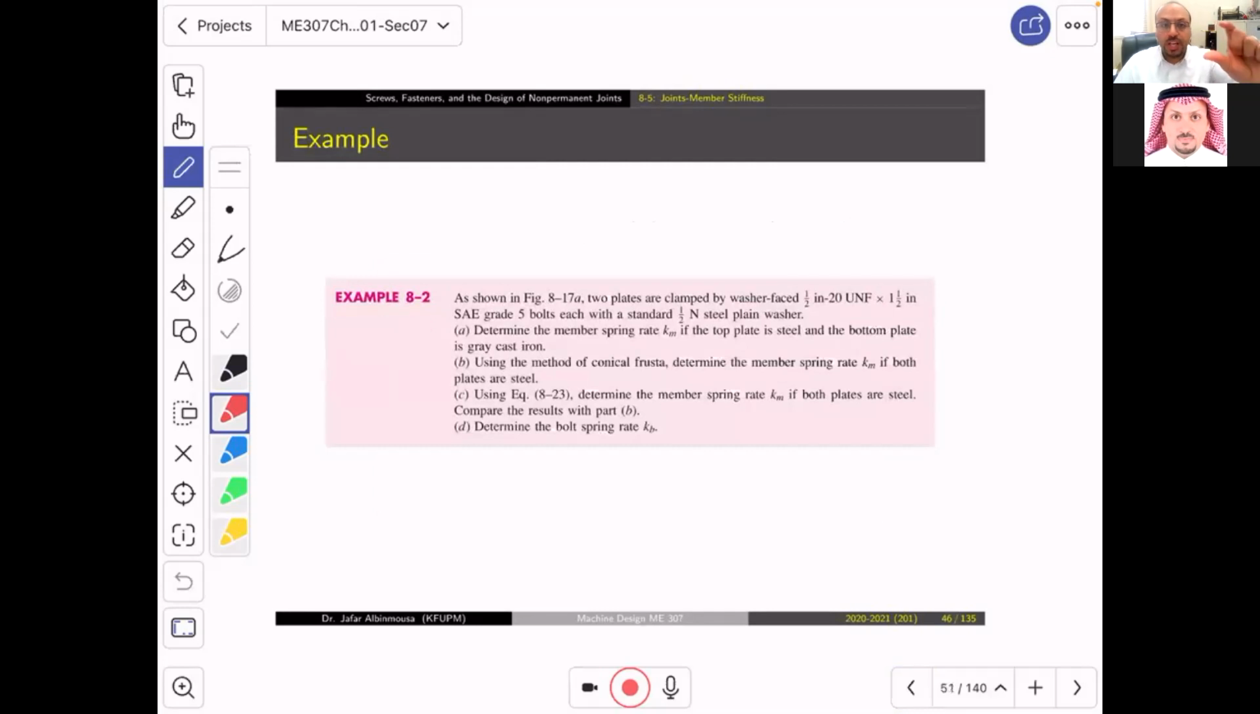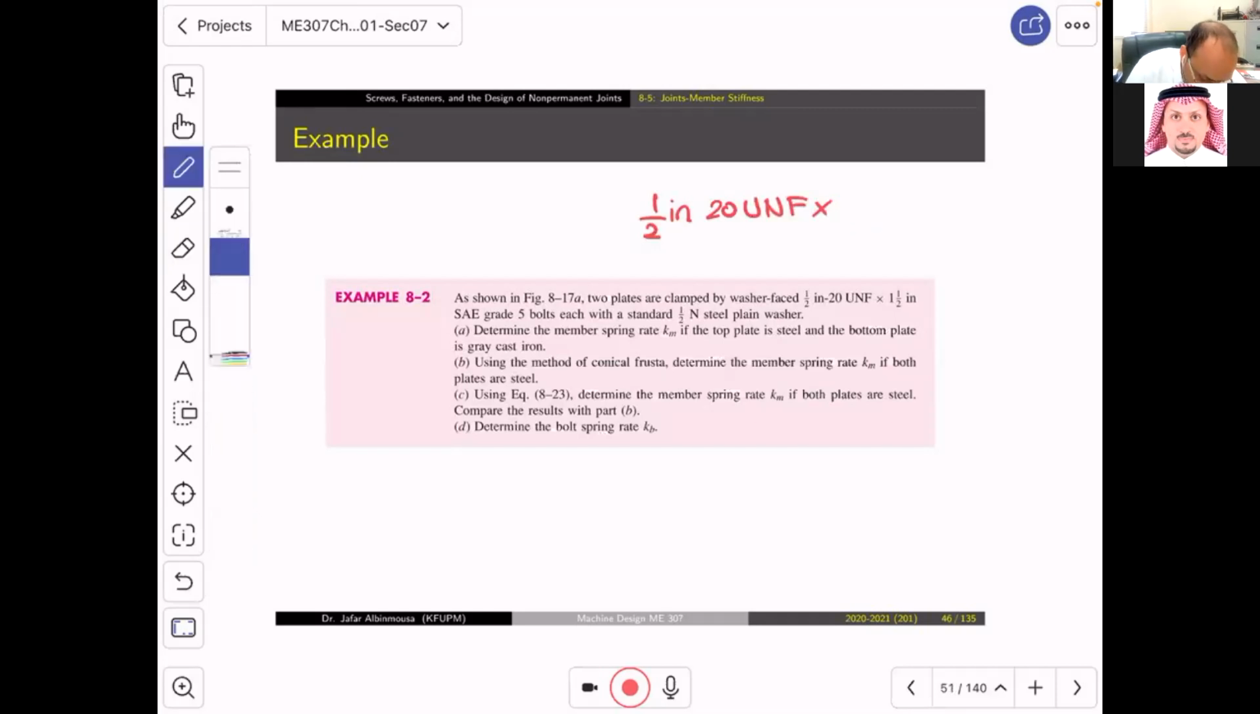That we have two plates, okay, clamped by washer-faced bolts. Look, washer-faced 1/2 inches, 20 UNF, multiplied by 1.5 inches, SAE